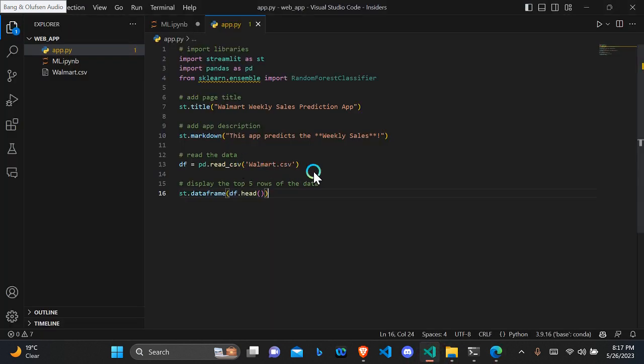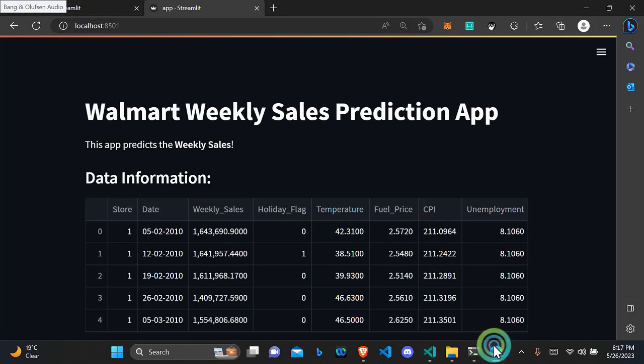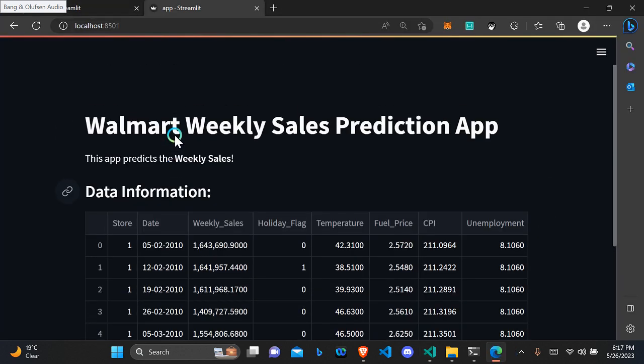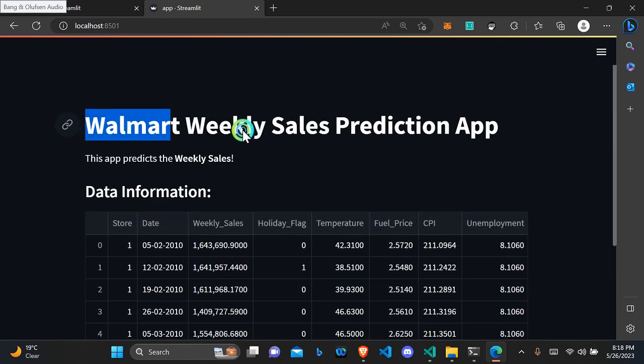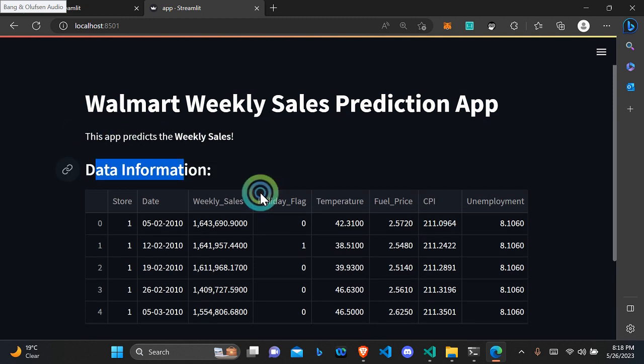So what we can do here is add a description. So we can type in st.subheader. Subheader will create a subheader for us. Then we can have data information for the subheader. Then I can save this. So I've saved that. So let's check. So this is our web app now. Yeah, so we have our Walmart weekly sales prediction app, then the description of the app, then the subheader, then